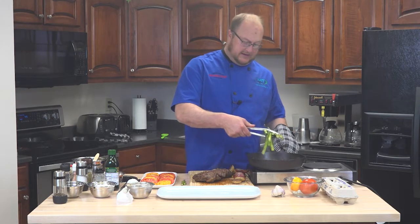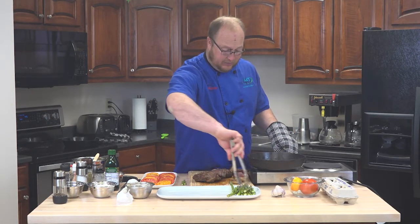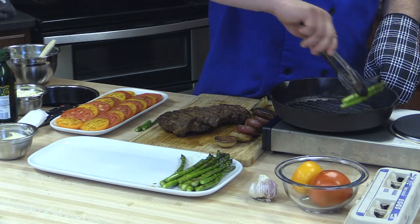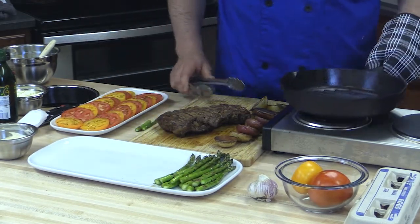So we're going to take these off, and I kind of lay them on the end. I'm going to plate all this up on one plate. You can help yourself. These steaks are so thick, they're going to feed more than one person, obviously. Okay, so our asparagus there. Let's